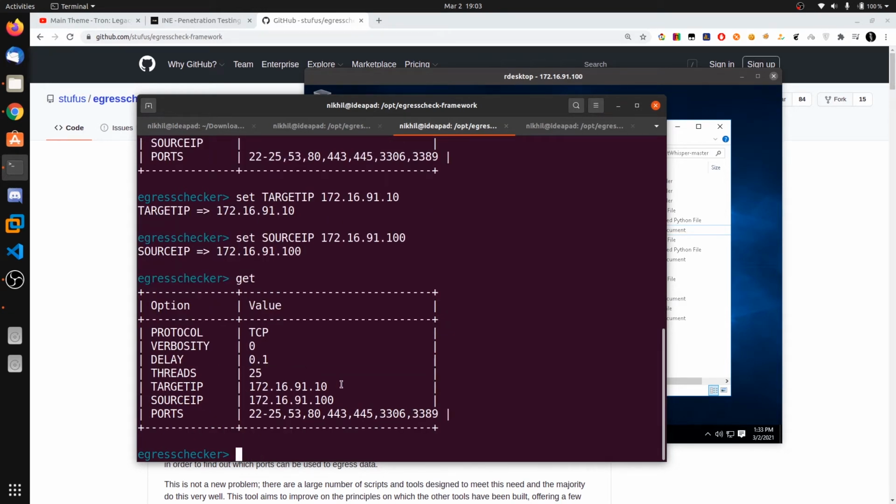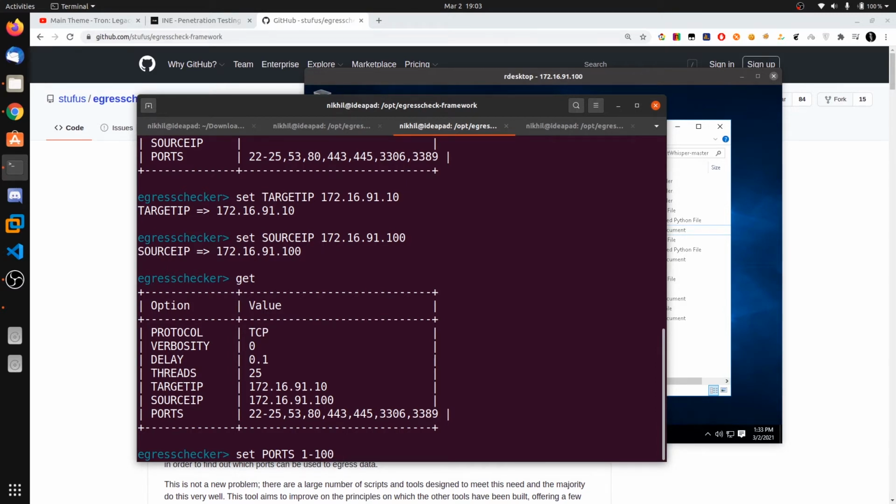Target IP is my machine, and source IP is Windows 10. Now what you can do is change the port numbers. By default it will check these ports, but I can change them: set ports, and I can say 1 to 100.